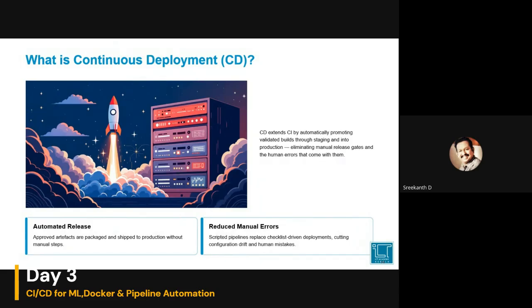Manual deployments introduce human error, right? Which is especially dangerous in a machine learning environment. So continuous integration is required for us to make sure that everything is intact. Continuous deployment is to make sure that there are no further errors, because let's assume you are dealing with the production environment, right?